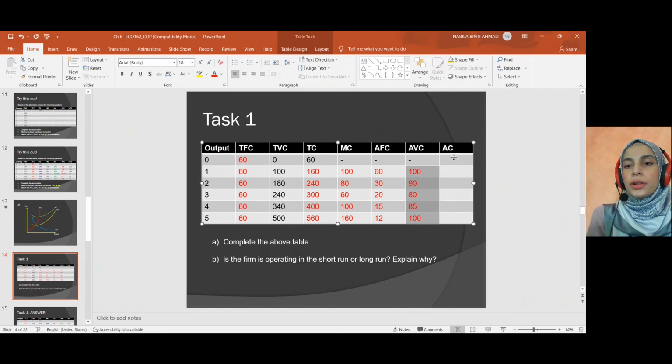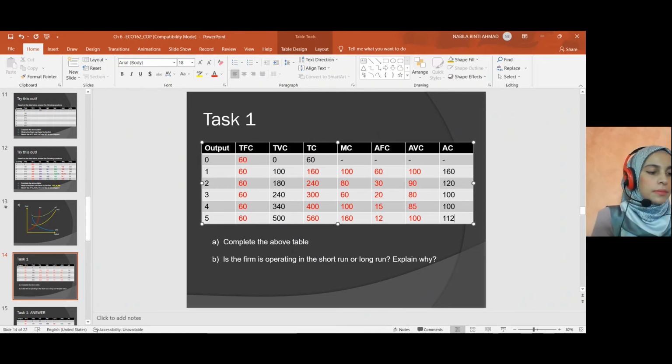Okay. Kemudian average cost kita nak cari macam mana? Okay, average cost. Kita boleh ada dua cara lah. Sama ada ambil total cost bagi quantity ataupun ambil average fixed cost plus average variable cost. Mana-mana lah. Okay, saya tambahkan senang. 100. 100 juga. Dan 112. Okay. Okay, nampak? So kita dah ada lah di sini.